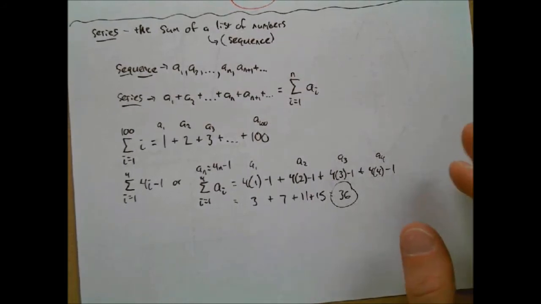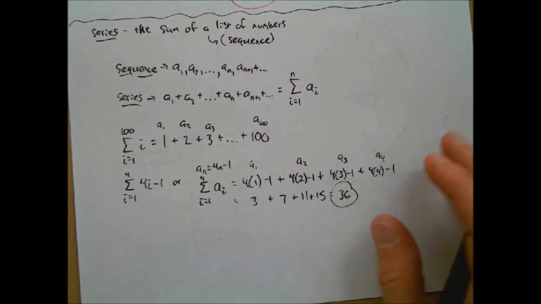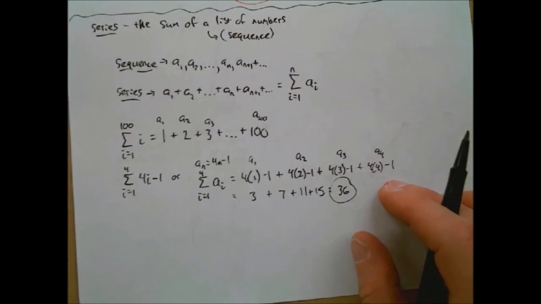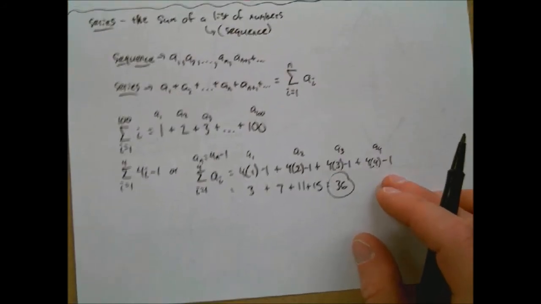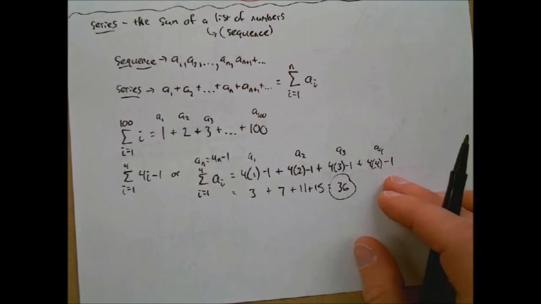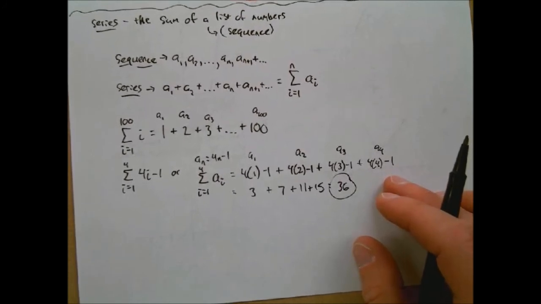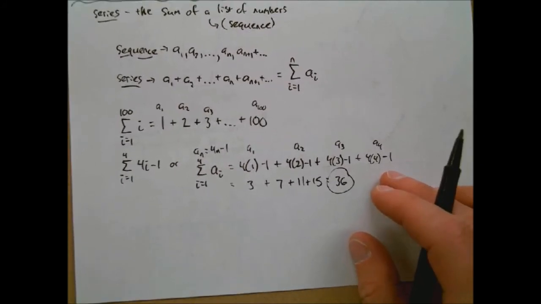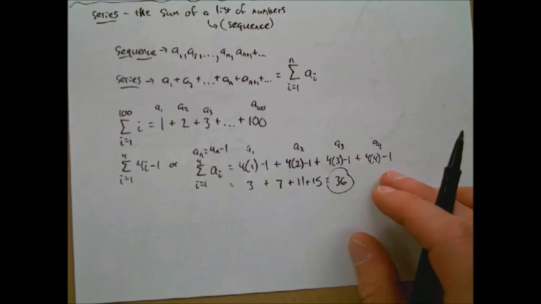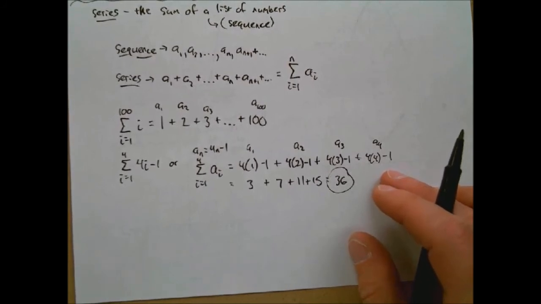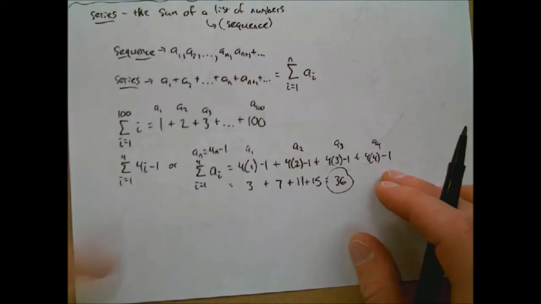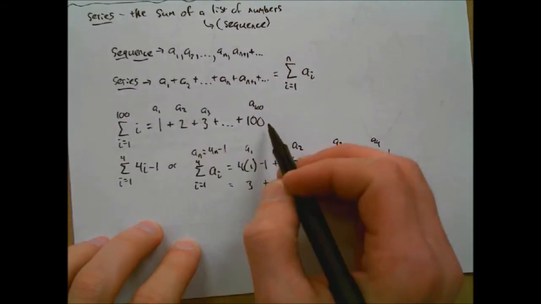So the legend goes that his elementary school teacher was getting fed up with the class, and so decided to give the class some busy work so that they could get some grading done or just have some peace while they're busy doing some calculations. The teacher thought, they only really know addition, so I'll just have them add up the first 100 numbers, and that'll take them a little while. But no sooner did the teacher give him the problem than Gauss came up and gave the teacher the answer. Gauss did not do it like every other student, which was doing 1 plus 2 plus 3. Gauss instead saw, well, if we are going to add up the first 100 numbers,